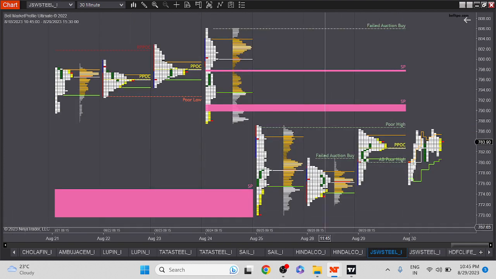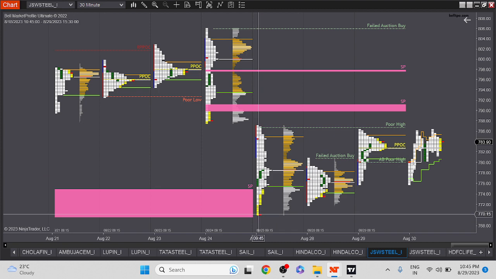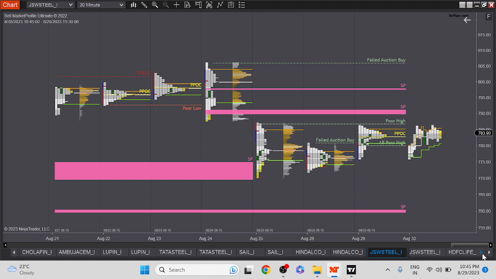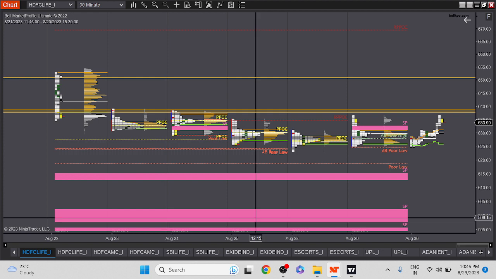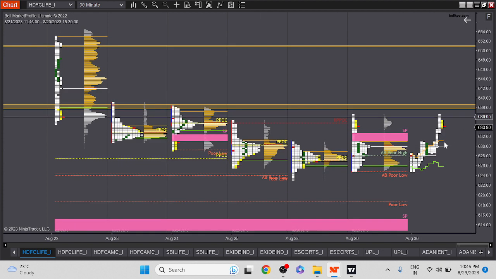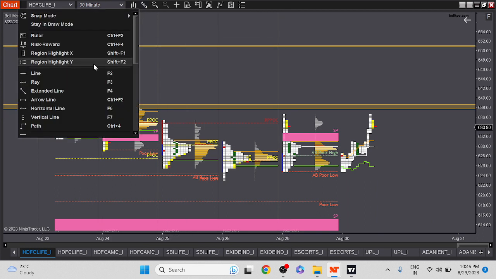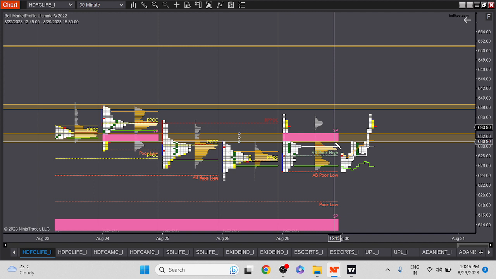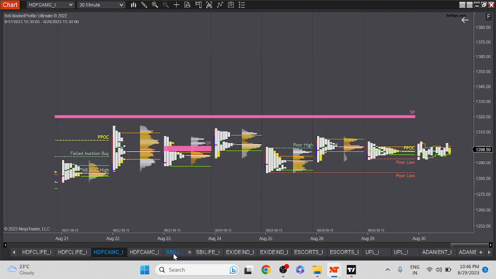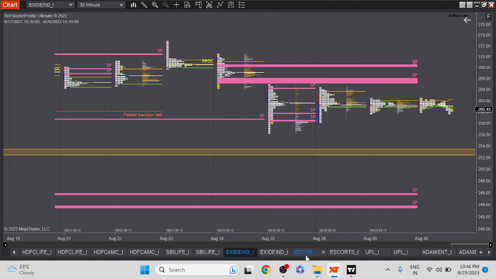All the stocks have a single print. If you see JSW Steel as well, the low that it made was exactly at a single print. I can give you multiple examples of single prints, guys. But those who follow us know it is a very important concept. HDFC Life just made a single print. I can show you this single print, so you can keep track of this stock, which is around 430 to 432.5. So around 2.5 rupees stop loss. You can look for trades on either side. So guys, that's it from my side.